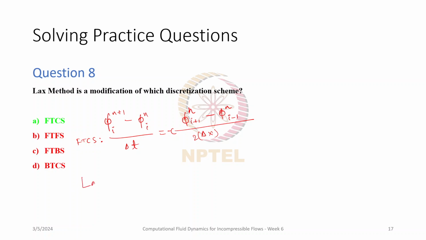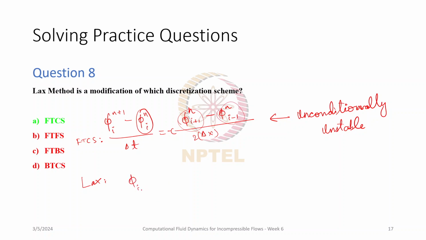Now the disadvantage of this is we saw that this was unconditionally unstable. So it's useless. In order to make it useful, Lax method was proposed, in which instead of using phi n, we use an average of phi I plus 1 n and phi I minus 1 n. So this becomes,